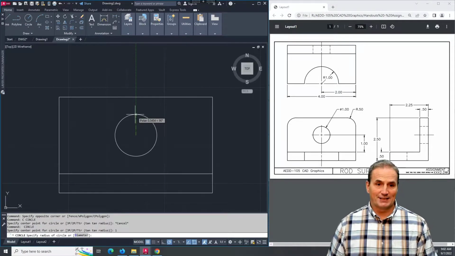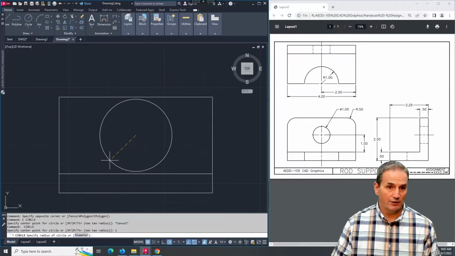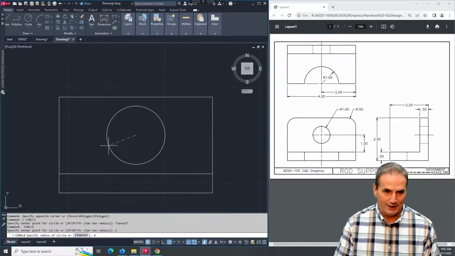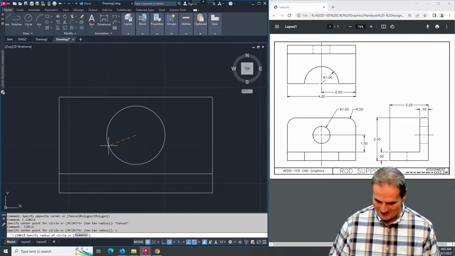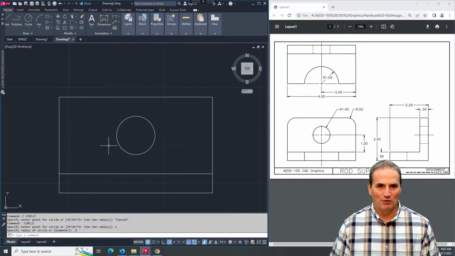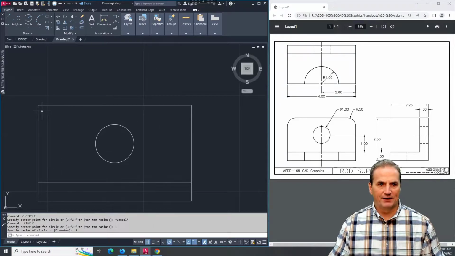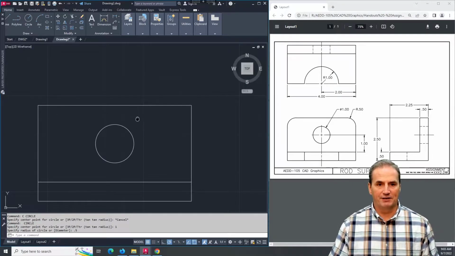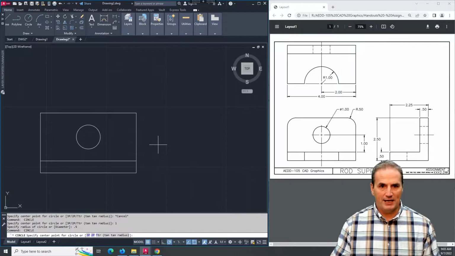This circle has a diameter of 1. I could choose the diameter modifier or tap D. So if I type D, I could enter the diameter, but it's pretty easy to derive the radius from 1 as the diameter, so I could just enter 0.5 here. Now, the other thing we have in the front view would be the fillets here, but I tend to do all my fillets last, so I'm going to leave these nice square corners. All right, I'll tap L enter,